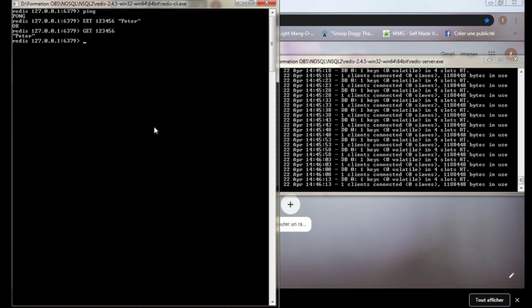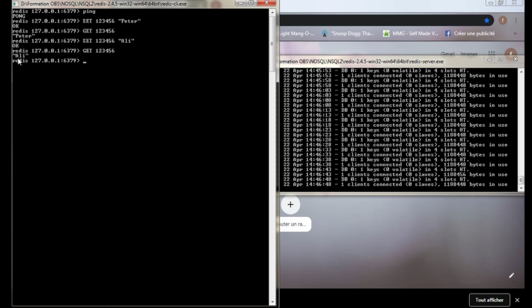If I want, for example, to update the value of this key, I just set the same key, 123456, and I put the new value. For example, for this key, the value is Ali. This is the new value for this key.